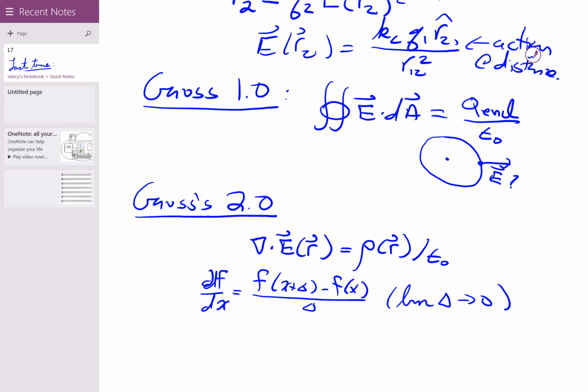So Gauss's law 2.0, which has no action at a distance, yet it describes all of the phenomena that we are familiar with at a distance,